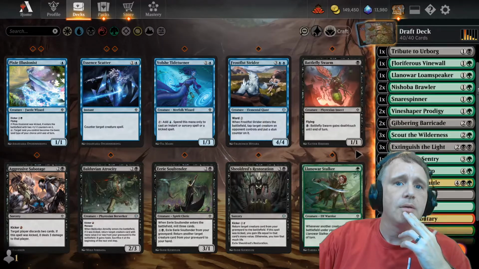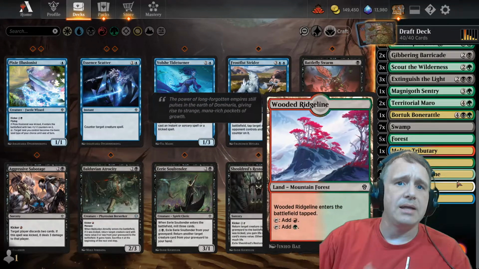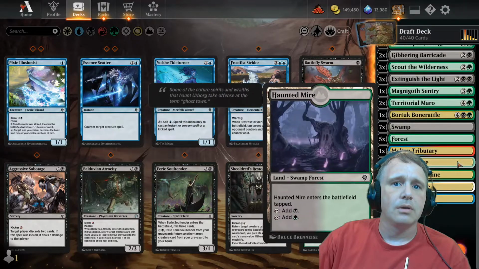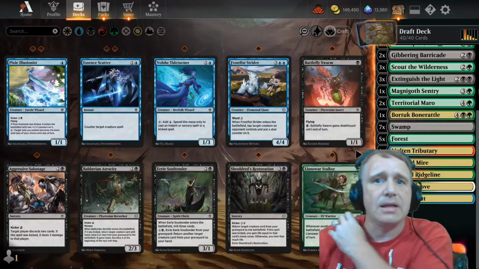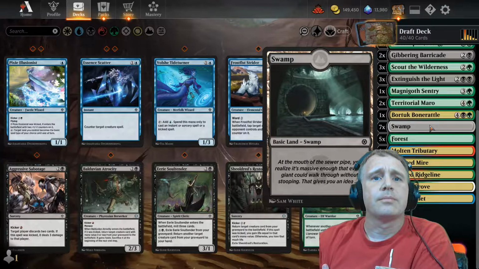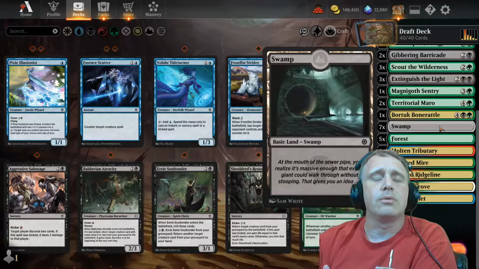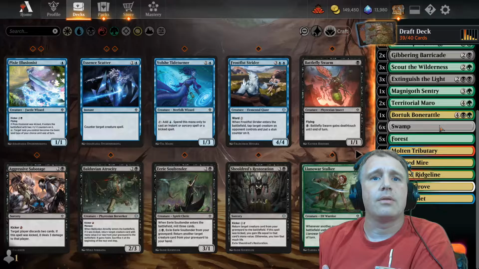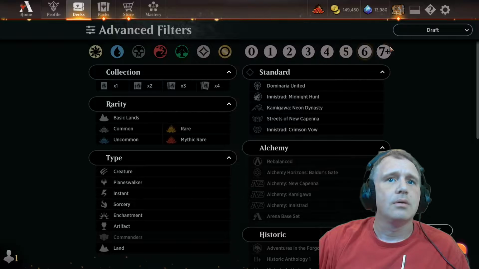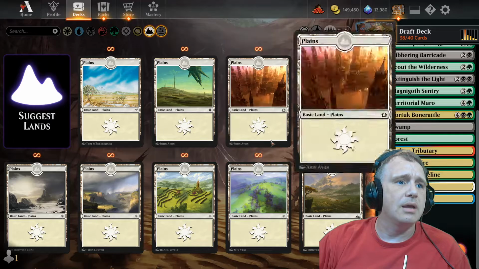All right. Green sources, we've got 8. Black sources, we have... No, green sources, we have 9. Black sources, we have 8. I'm trying to figure out, could I do... So I've got 2 red sources in here, 2 blue. Right. So could I cut for, like, a plains... could I cut for, like, a plains and a...